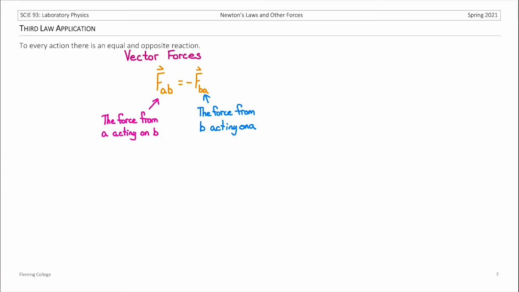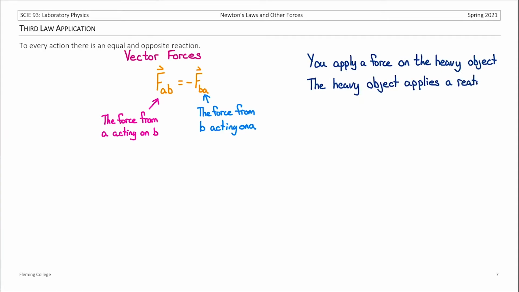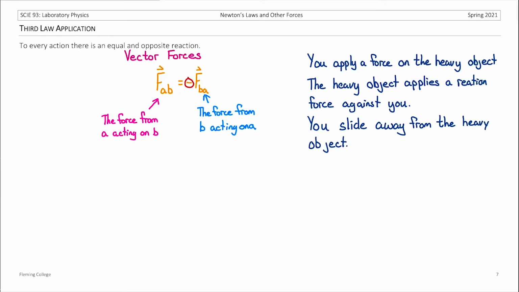Think of a time where you've had to try and push something heavy across the ground. You apply a force on the box. The box applies a reaction force against you. And in some of those situations, the reaction force is enough that you slide away from the heavy object. The other part of this equation is telling us that the direction changes, but the magnitude of these forces stays